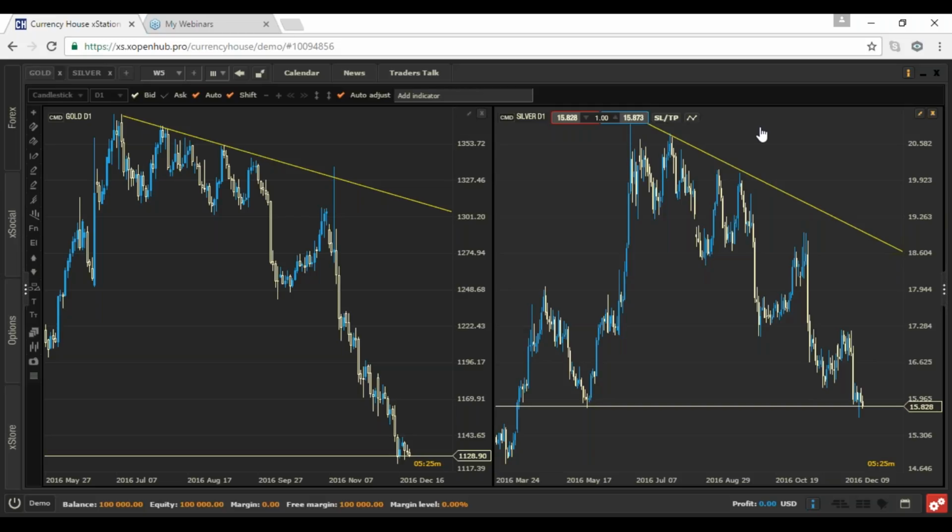I told you in the previous webinar, you already know that gold is not only a commodity, it's not only a precious metal, it's a financial instrument. And let's try to figure out what is silver. Silver has the same fundamental background as gold. Yes, it's used in lots of industry, it's used as a commodity, as a precious metal, but at the same time, it's also a safe haven asset because